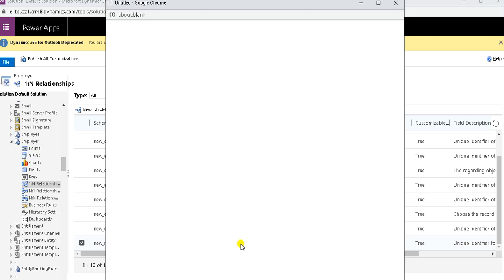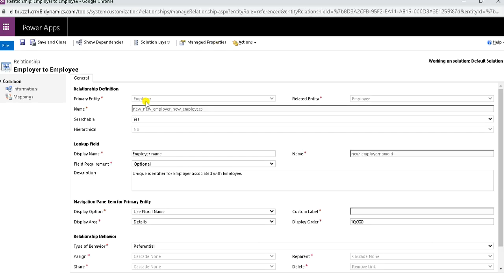So I am opening this to make you understand about the layout. So here my primary entity is automatically by default selected as employer, and related entity I have selected as employee, and the name will be as per the CRM. So it will be selected.